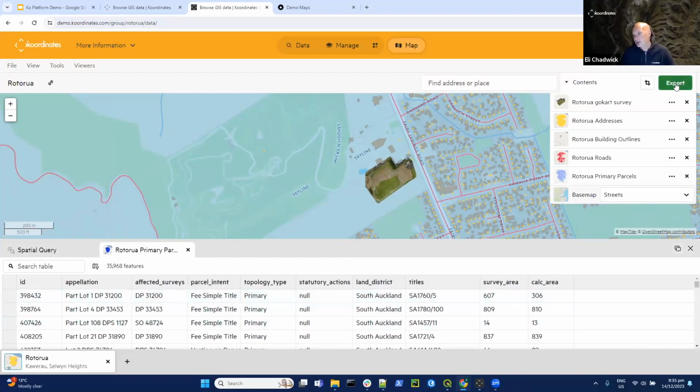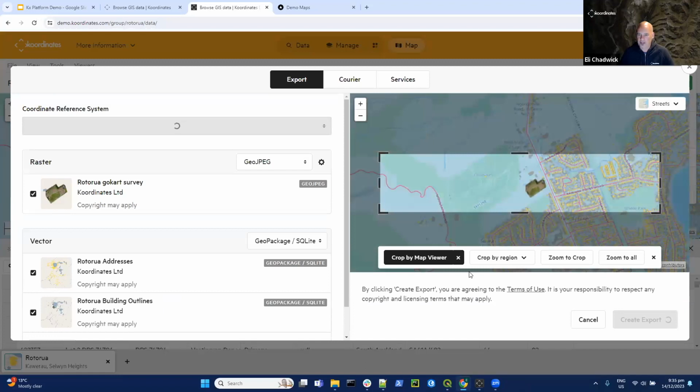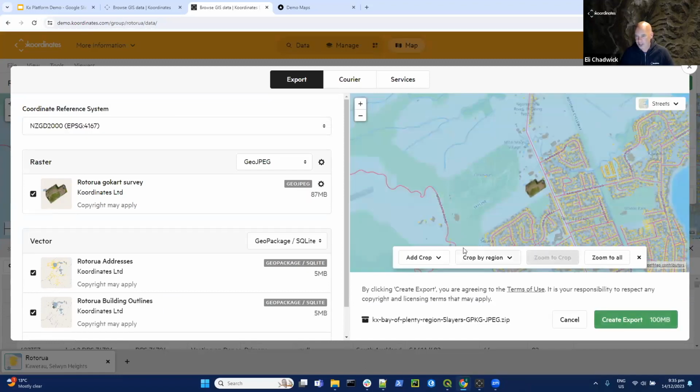Assuming you do need a copy of it, we go into the export flow, which I just covered off earlier. The only additional thing of interest in here really is that we've got a raster layer, so I can show you the different export formats. It's all the usual suspects, and these formats again will be growing over time. A couple of things up here,